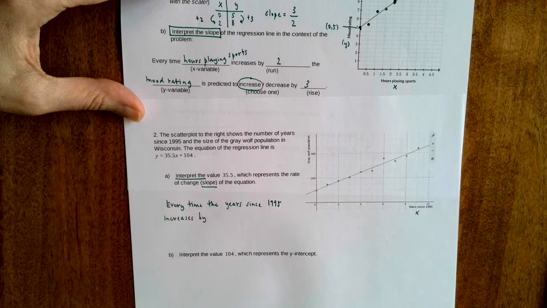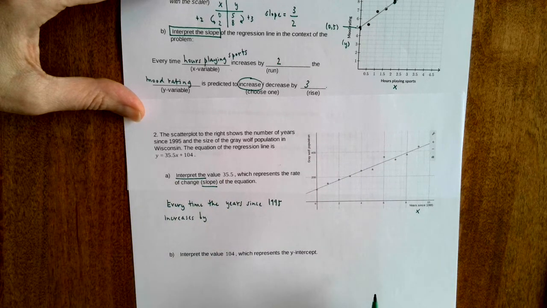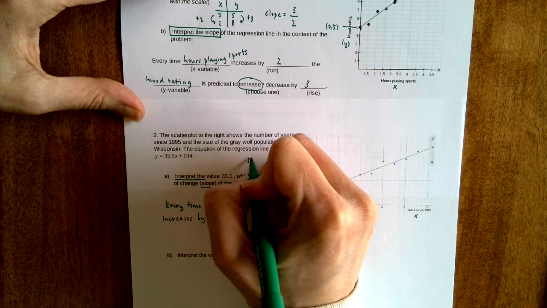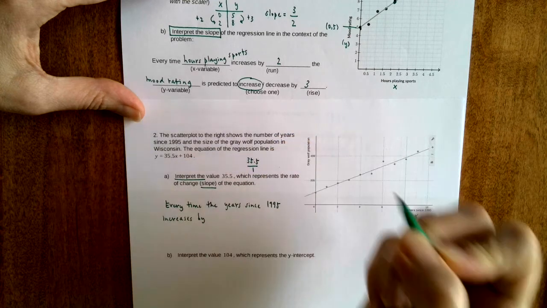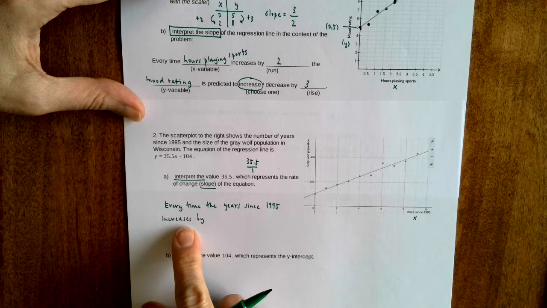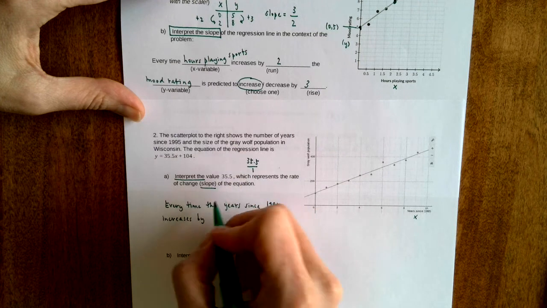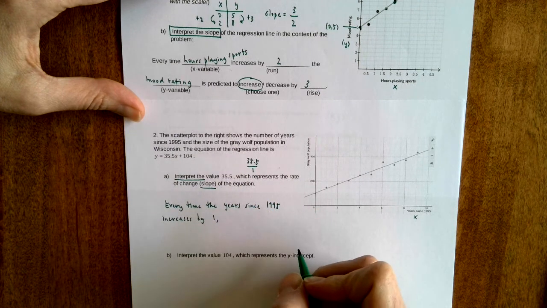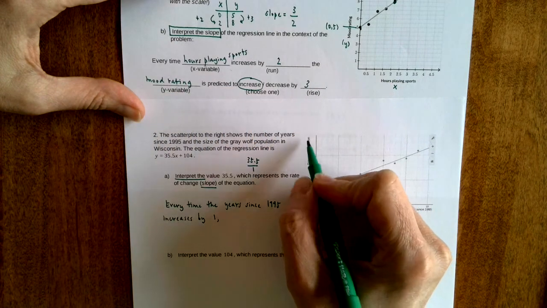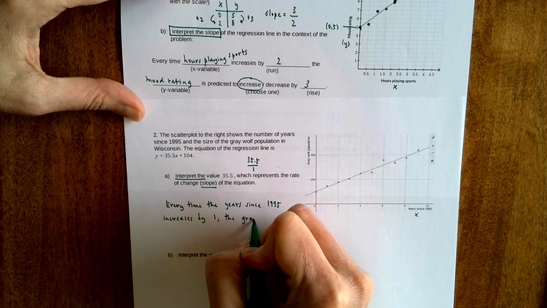now here's where I have to think about this. My slope here is 35.5. I want to think about that as rise over run, so I want a fraction. So I'm going to make that 35.5 over 1. So that tells me every time the x variable, the years since 1995, increases by our run, in our case it's 1, so increases by 1, then it says the y variable is predicted to, in our case the y value is the population. So the gray wolf